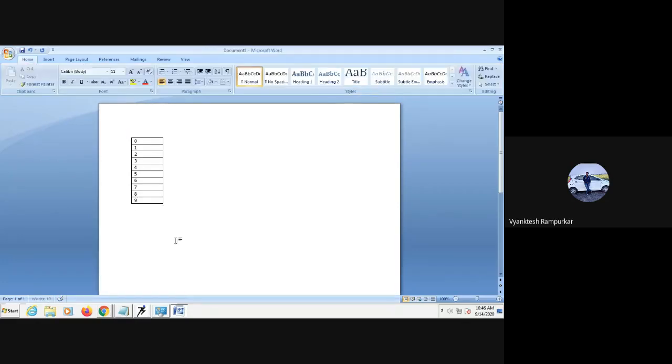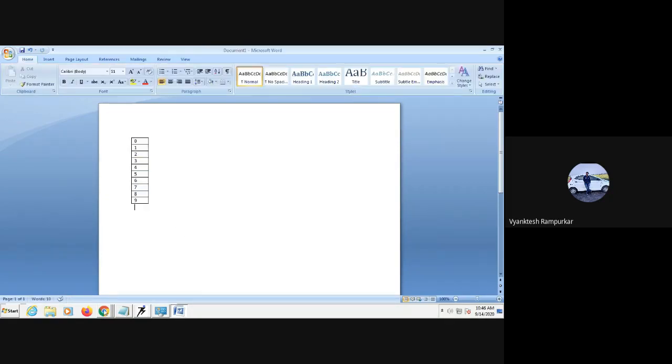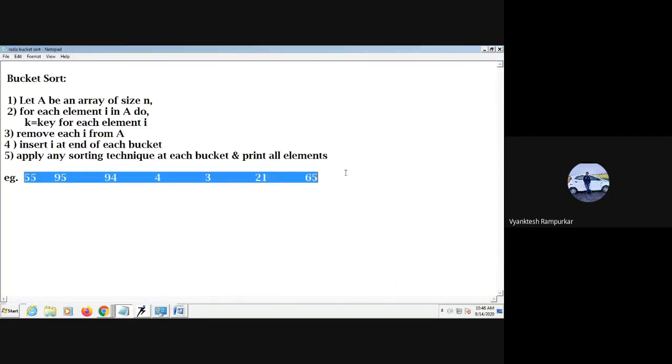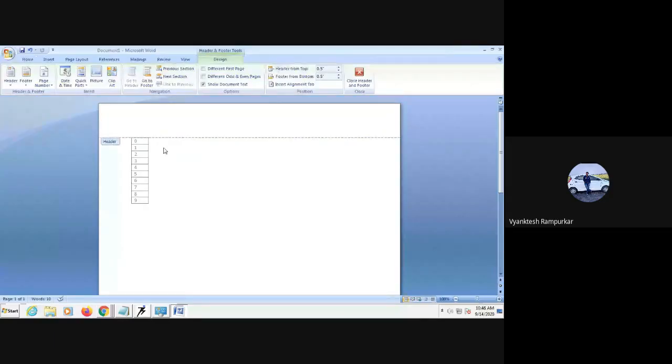These are the 10 buckets. Then, this is the input array, and I just copy it here. Suppose these are the numbers.